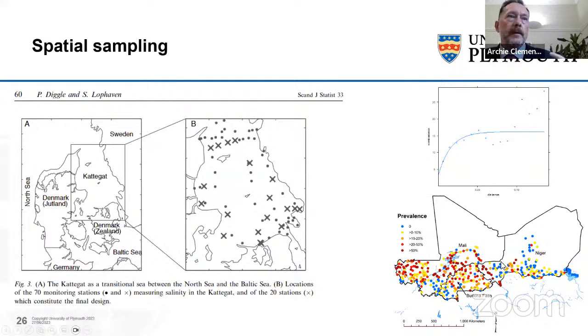And so what I did in West Africa is I actually had the privilege of designing these surveys from scratch, and I was able to use a grid plus closed pairs design in order to provide the most efficient sampling to inform the spatial analysis study. And so if you zone in on this map, you'll see that I've got a really good even spatial coverage of the study area because I used a sampling grid, but there are some areas where I've sampled more densely in order to characterize the spatial correlation structure of the data, which is important for doing spatial modeling.